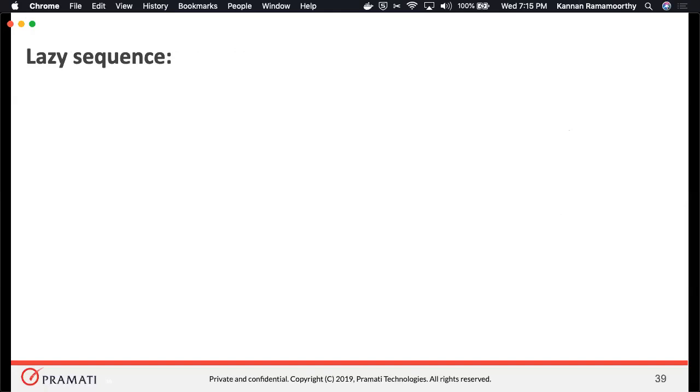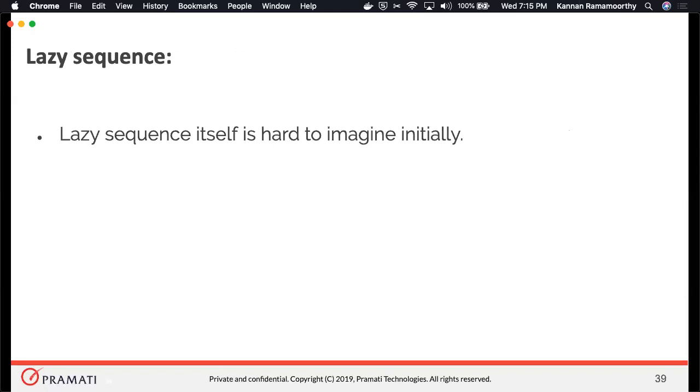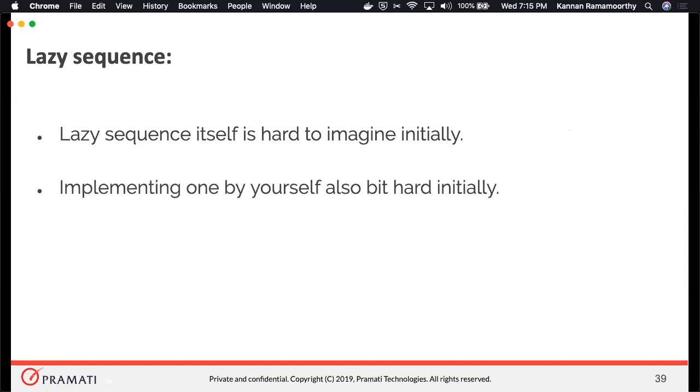And the next thing is lazy sequences. Similar to macros, lazy sequences are both amusing and hard. If you have followed closely, it might still be difficult to get a mental model of what exactly range does there. It's also a bit difficult initially to write a lazy sequence by yourself. When I tried it myself, it took around 2 to 3 hours to write 4 lines of code which return a lazy sequence.